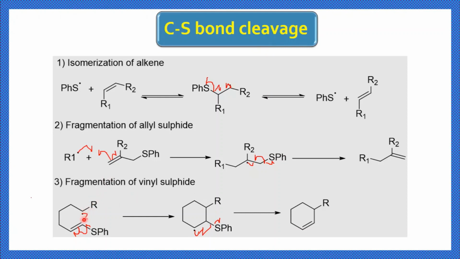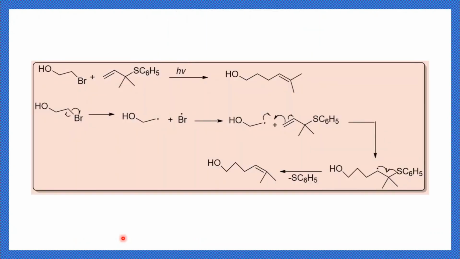So this R radical reacts with this carbon carbon double bond. The homolysis of this carbon carbon double bond takes place. It generates CH2 radical and CH2 radical. This CH2 radical reacts with this CH2 radical. It forms a six-membered ring. Then the fragmentation of the CS bond takes place. It generates carbon sulfur double bond. This is a very important reaction because we are going to learn this fragmentation of vinyl sulfide in detail. Okay, now let's move towards the next slide.